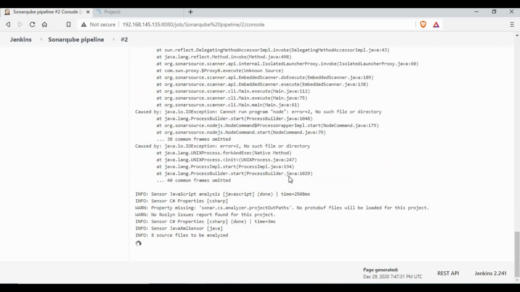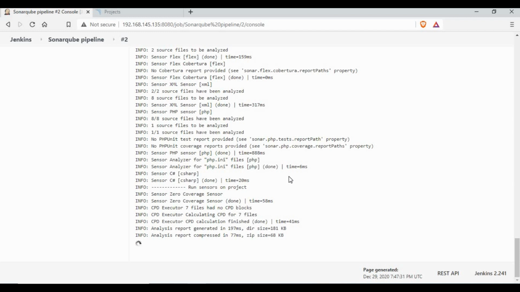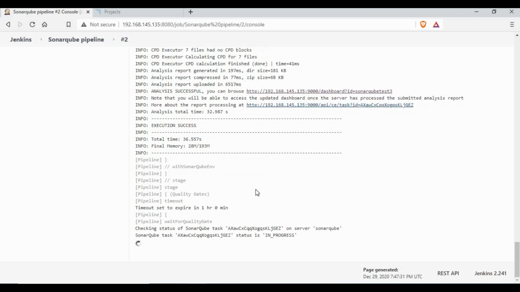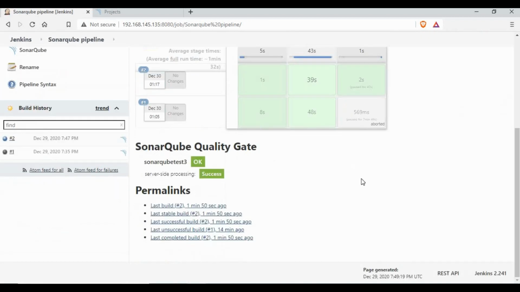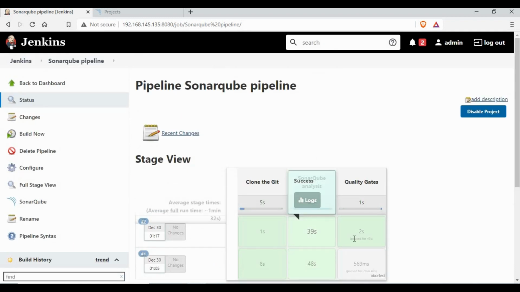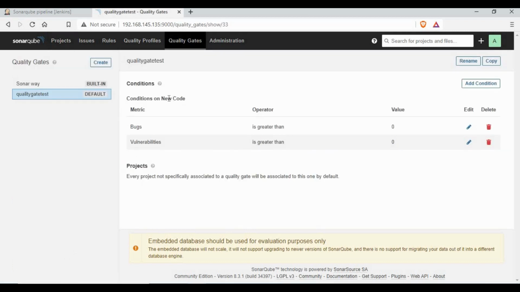It's analyzing our source files. Now if you see, it says quality gate is okay, and the overall pipeline is completed. It's success and finished success. If you go to the Jenkins job, it has 3 stages, and all 3 stages are completed. If you go to the project, it also says passed. Now the problem is that even though we have 4 bugs and vulnerabilities, the quality gate we have set is for